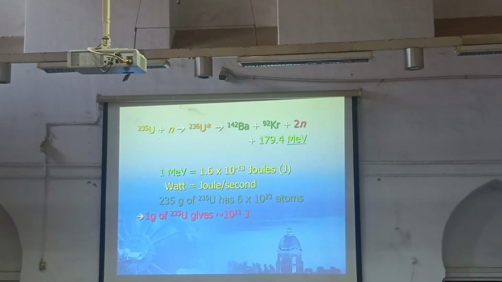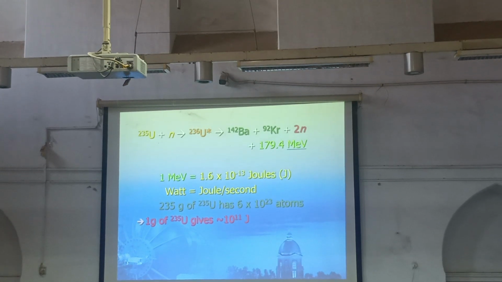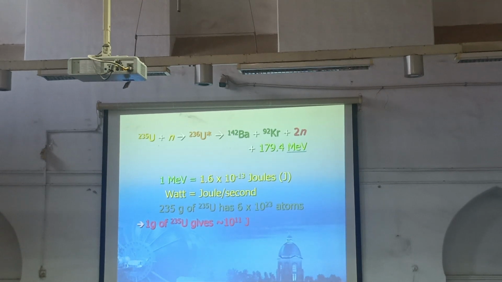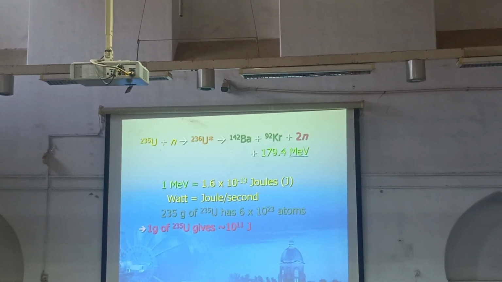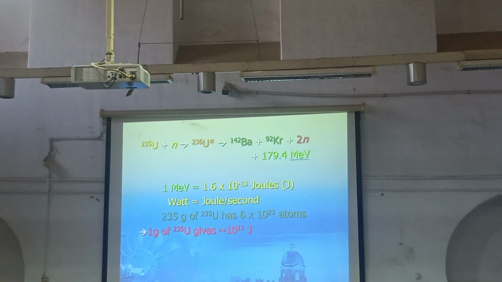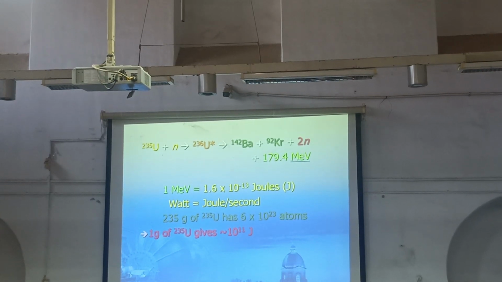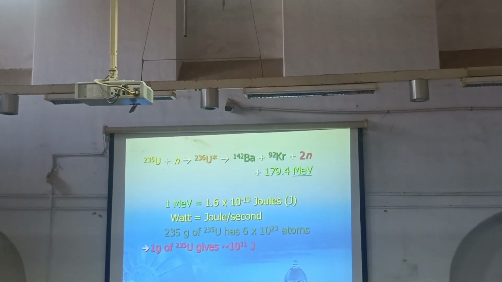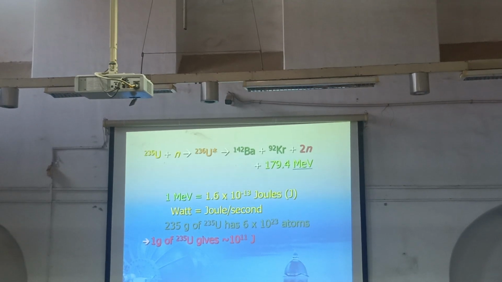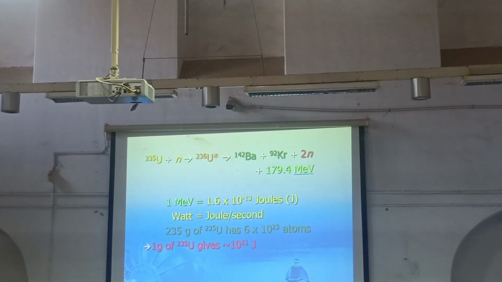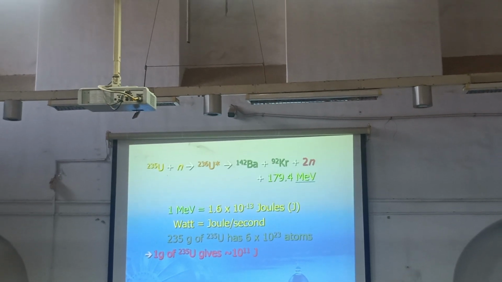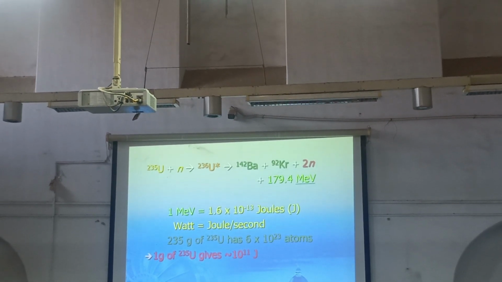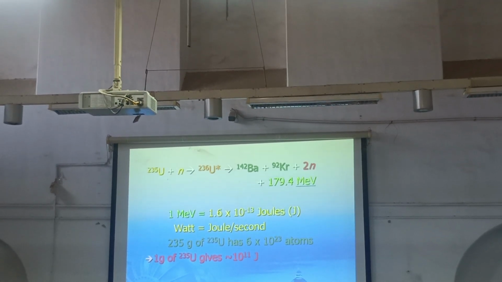How much is that? Think about it. What's the power of this light? How many watts is the bulb? 40? What's the closest lamp? 40 watt? 1, 2, 3, 4, 5, 6, 7, 8, 9, 10, 11, 12, 12 times 2 is 24. 24 times 40 is 960, 1000 watt running, okay? 1000 watt for 24 hours, how much, calculate, figure out. If I had 10 raised to 11 joules, how long will you be able to keep these lights on? Homework for you guys.